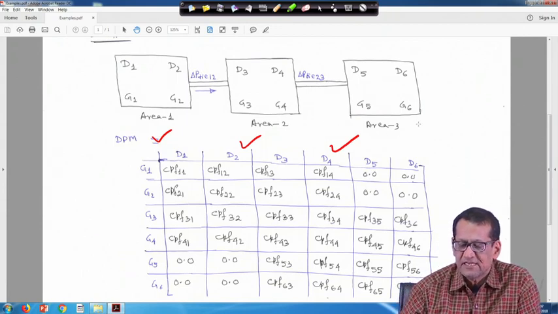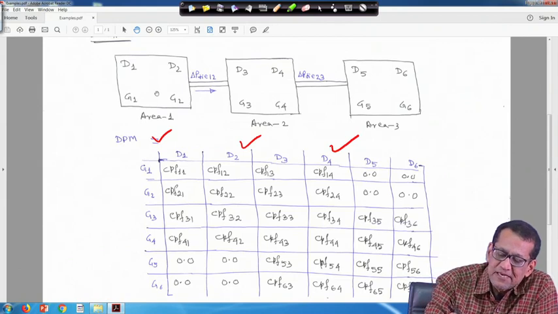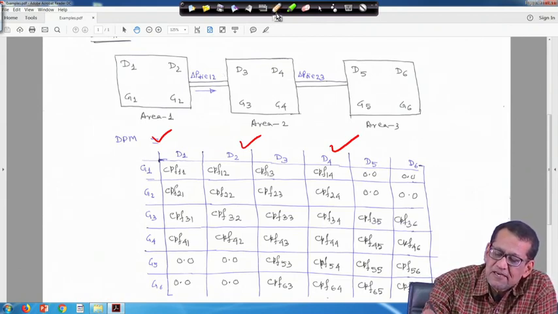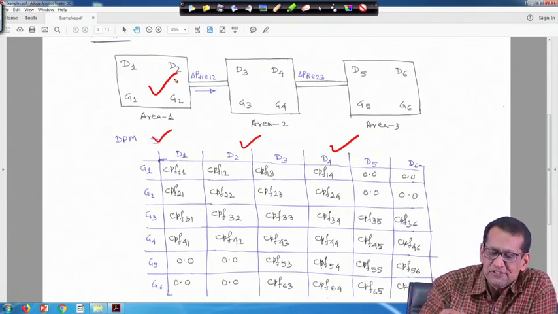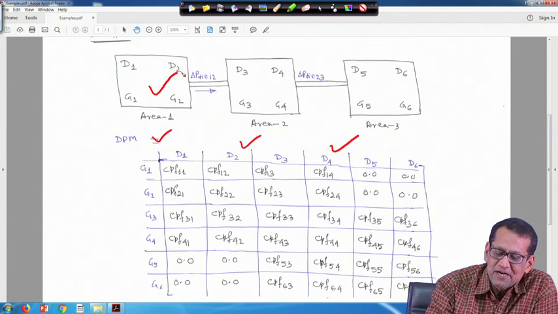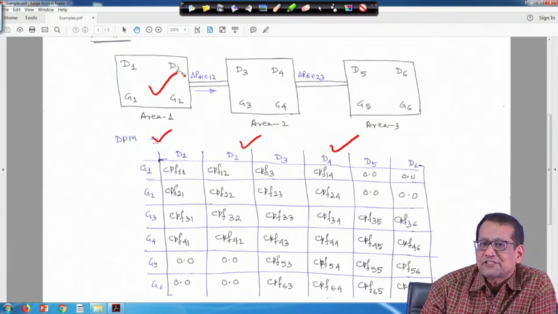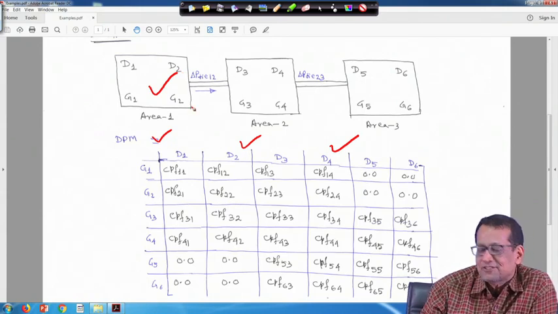So, we have taken your 3 areas. In area 1 you have 2 GENCOs and 2 DISCOs. To accommodate space, D1, D2 is actually DISCO 1 and DISCO 2, distribution companies, I have made it short, and GENCOs I have made G1 and G2. So, DISCO means D, GENCO means G, right.